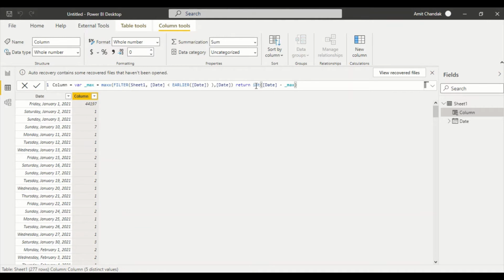So we got, and in the first date you can see there's a huge big difference. Let's not bother about it, but we are seeing one day difference, then there's 7 days difference, there is a 2 days difference. So let's look at this. So this is 111, and this is all of a sudden 7 days of difference. This is again 111, this is 7 days of difference, and all those.